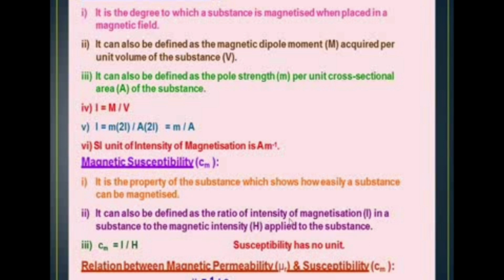So the ratio of intensity of magnetization, how much magnetizing force we apply magnetically in a substance, to the magnetic intensity, how much its strength is, the ratio between the two is susceptibility. That is chi equal to I by H. So we can relate the permeability and susceptibility. The relation between the magnetic permeability and susceptibility is mu r